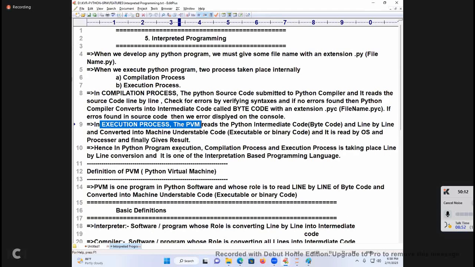I said PVM, but actually the answer is Python compiler. He did not ask any more questions. So at the beginning, if you don't know who will compile the Python program and who will execute it, then how can you do Python coding, students? That is the perception. Correct or not? So I'm asking the question to your same batch.